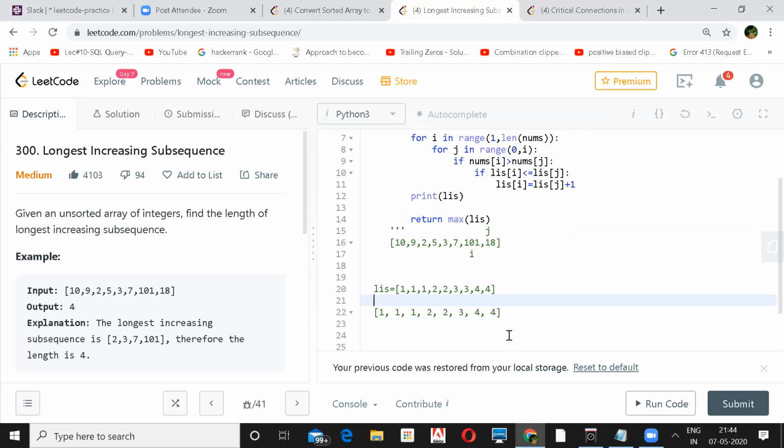Yeah, there were 2 threes, 1 extra 3. Somewhere it got added. Okay, no problem.